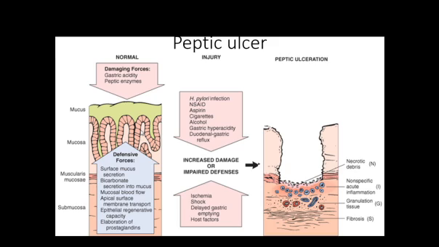The stomach wall is also made of proteins, but it is not digested by these peptic enzymes, or affected by the acidity of the lumen, because of the following factors. Number 1, presence of thick mucus. Number 2, excessive bicarbonate secreted into the lumen. Number 3, increased blood flow. The increased blood flow basically prevents excessive H plus ions from accumulating inside the lumen.